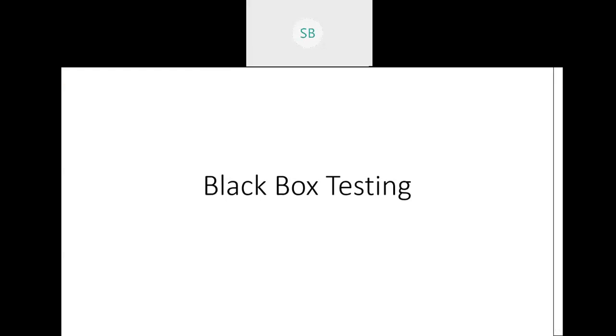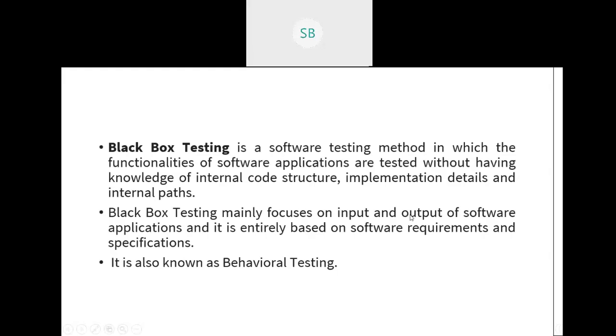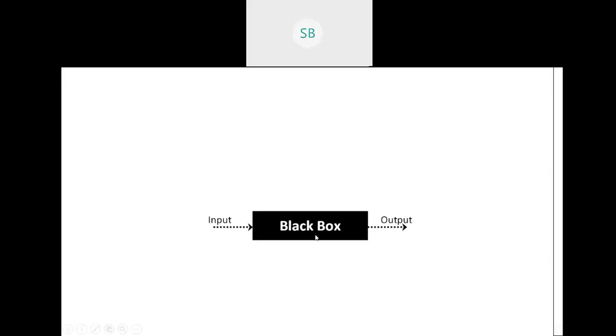So today we'll study black box testing. It is another kind of testing which is done by the testing team. It's known as black box because the tester doesn't have any idea about the application they are testing. They only know the input and they know what the output should be. What is running in between, they have no idea about. So this is what it looks like: they provide the input and they get some output.